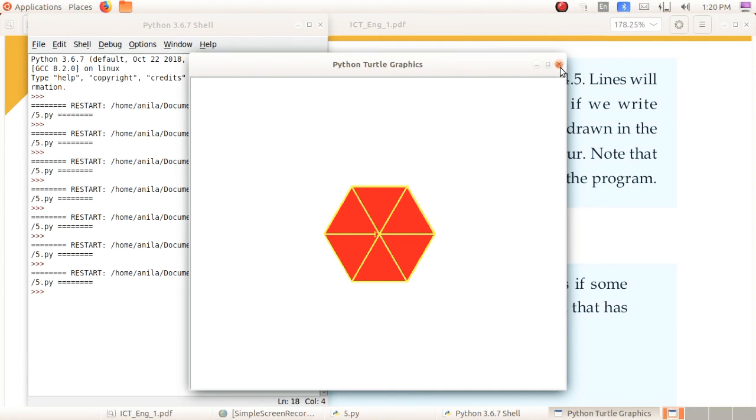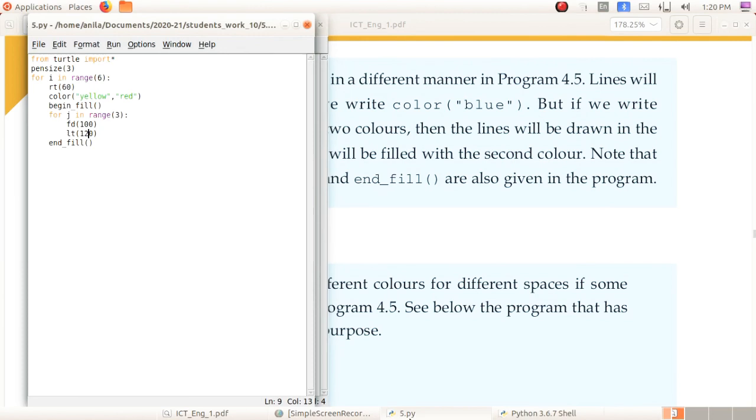We can also draw the hexagon. How can we draw the hexagon? Yes, just change the sides to 6. Then here you want to give left of 60 degrees. Right. Save it, then run it.